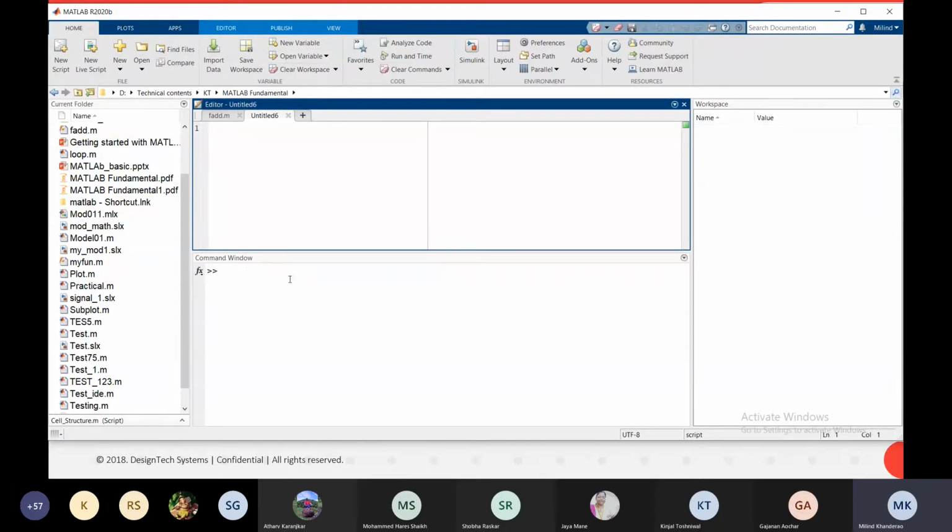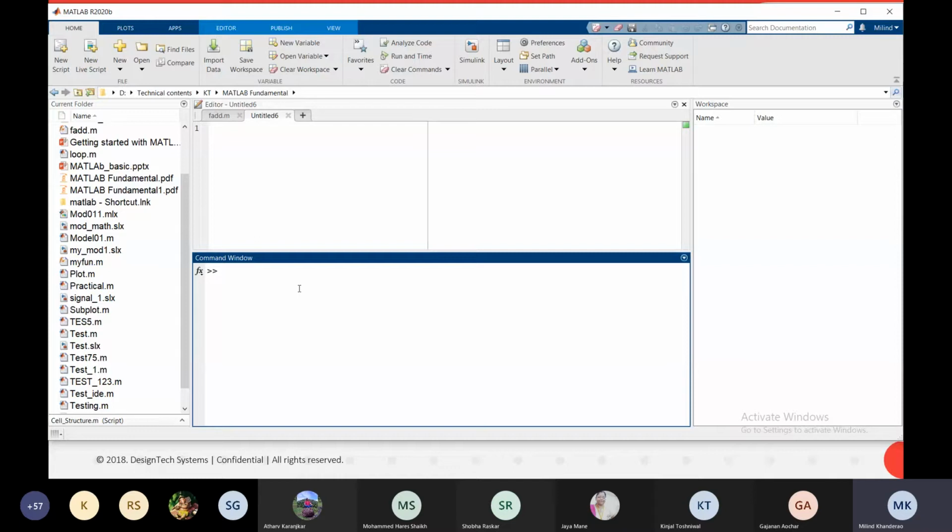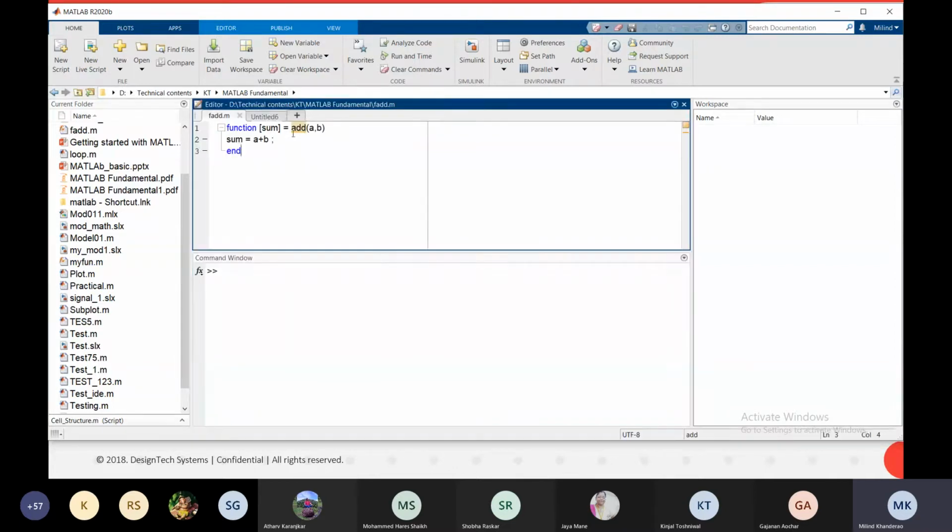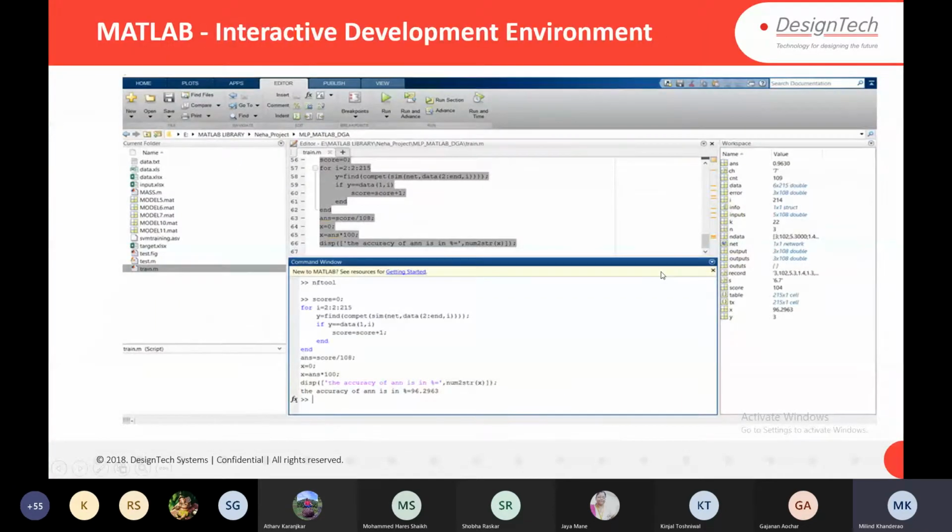And in the command window, you can only execute a single command at a time. So it is recommended to use a script for your programming. So let's say one of the MATLAB interactive development environments. Okay, so here is the program. The command window passes your command, and the workspace browser. Whatever command you executed in this script, you can also see through the command window. So you can pass your commands through the script or through the command window, and those values, the variables, go to the workspace.